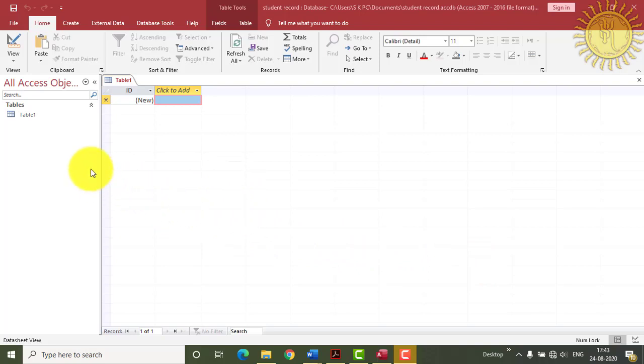First you have to click on the Home button, then you can see there is a View icon, and when you click on this View icon, the 2 views will be available. This is the datasheet view and this is the design view. By clicking on both views individually, you can see the difference between these views.